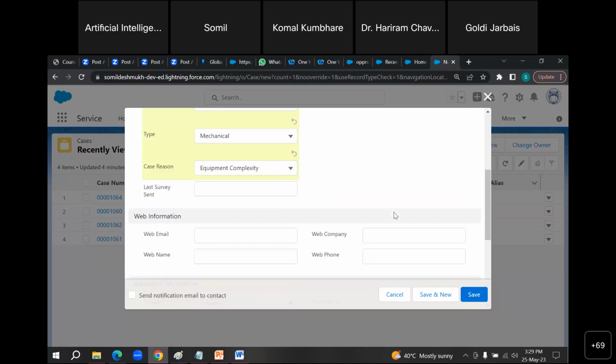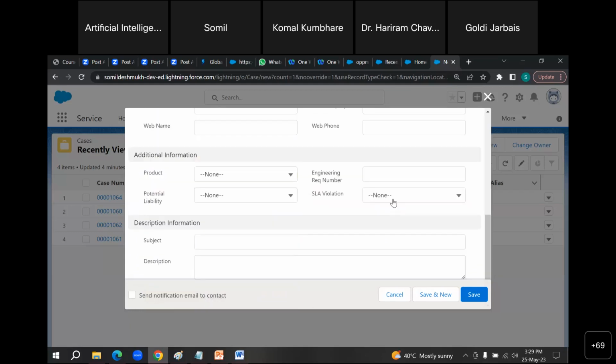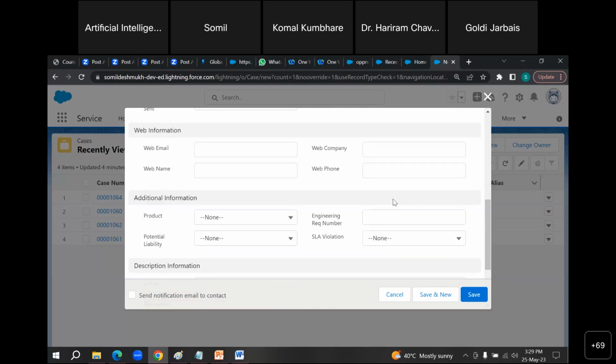ओके. हियर वन मोर थिंग इज दैट SLA. What is SLA means? SLA क्या होता है, किसी को पता है क्या? What is SLA? सो SLA का मतलब होता है सर्विस लेवल एग्रीमेंट. So when we are connecting with some company, जब हम लोग B2B में जाते हैं तो कंपनी टू कंपनी में क्या होता है, जब भी कोई प्रोडक्ट खरीदा जाता है तो उनके बीच में एक एग्रीमेंट होता है, सर्विस लेवल एग्रीमेंट.